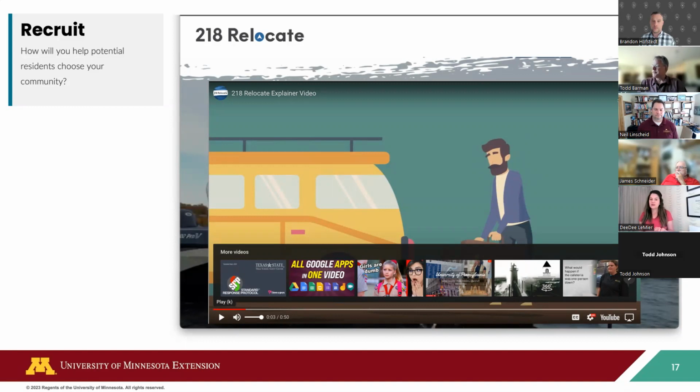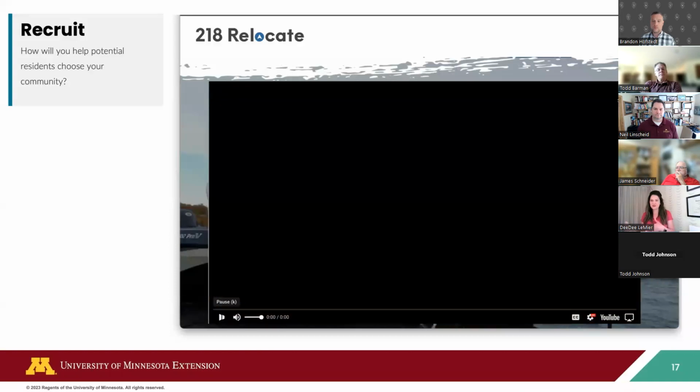And I think that's really important when we're thinking about our communities, because sometimes, whether it's in tourism or